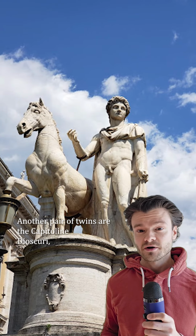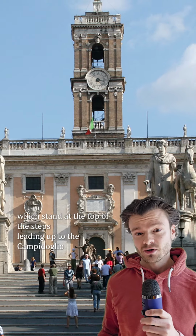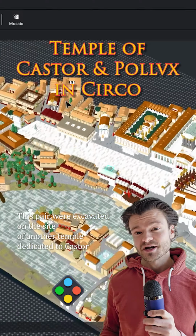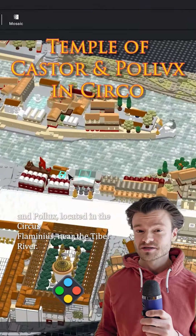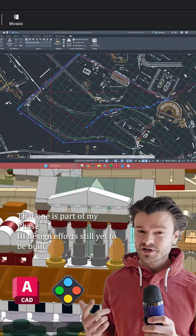Another pair of twins are the Capitoline Dioscuri, which stand at the top of the steps leading up to the Campidoglio and the Capitoline Museums. This pair were excavated on the site of another temple dedicated to Castor and Pollux, located in the Circus Flaminius, near the Tiber River. That one is part of my Phase 3 design efforts, still yet to be built, but